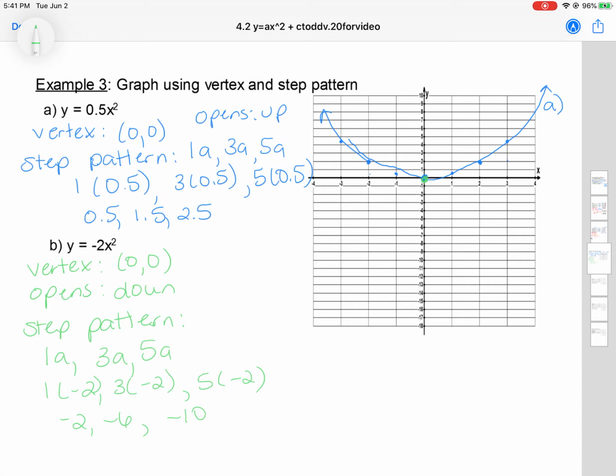Okay, so you're going to start at 0, 0, go over 1, down 2, over 1, down 6,